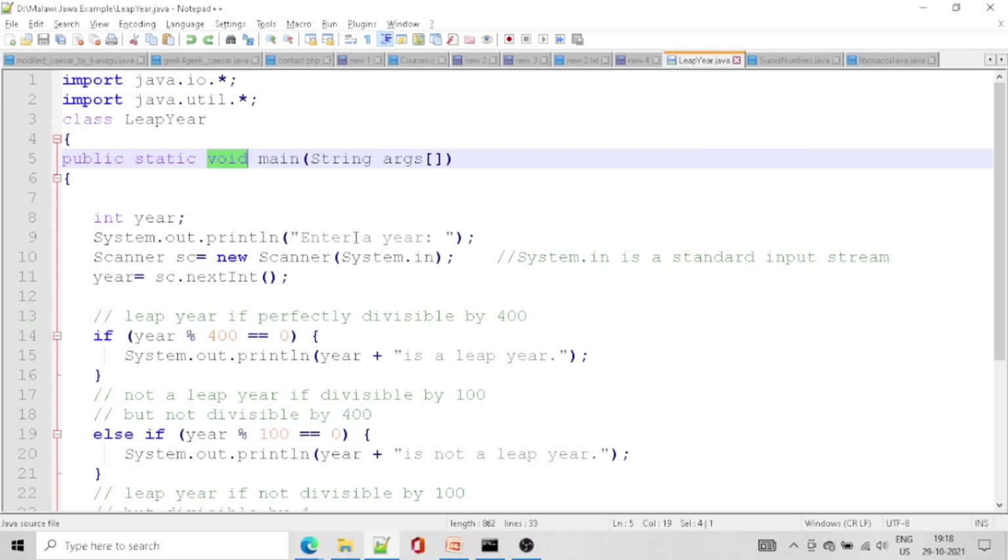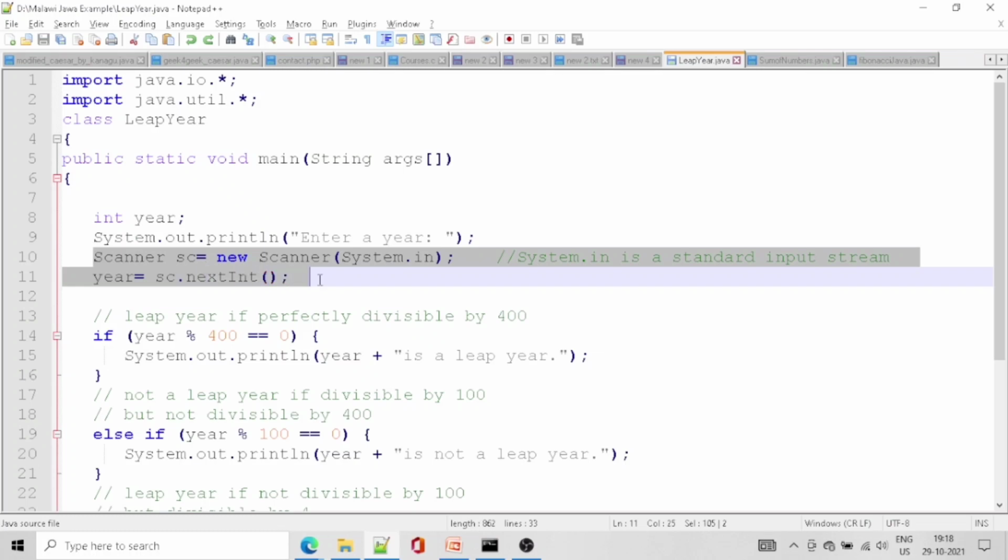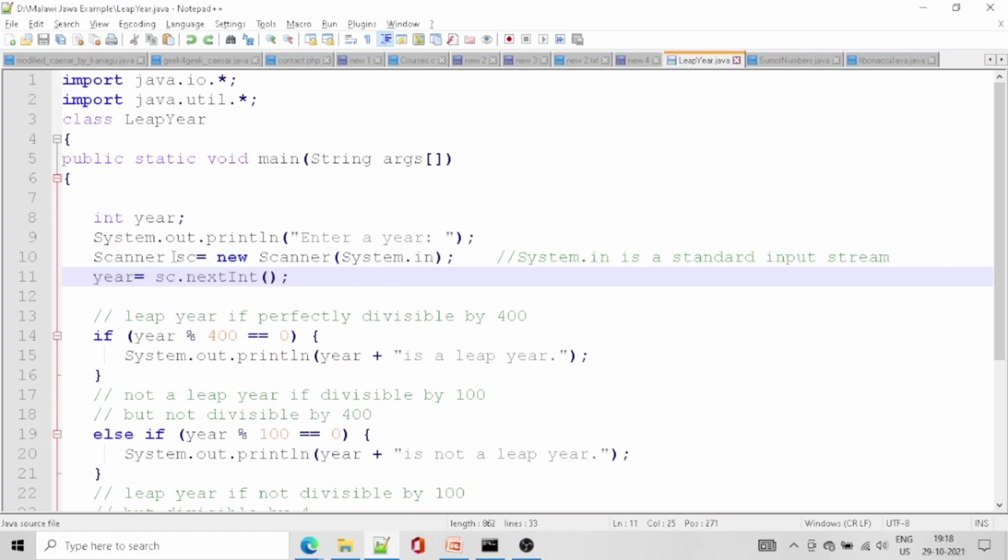System.out.println, we are just printing the statement as enter a year. Here we are getting the value from the user. Scanner sc is an object, Scanner is a keyword.